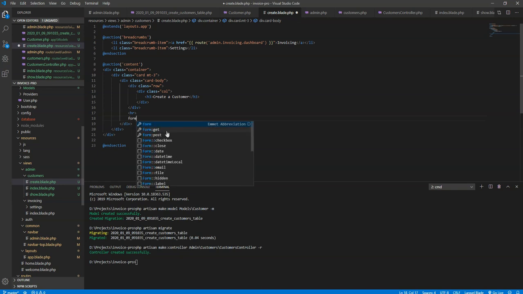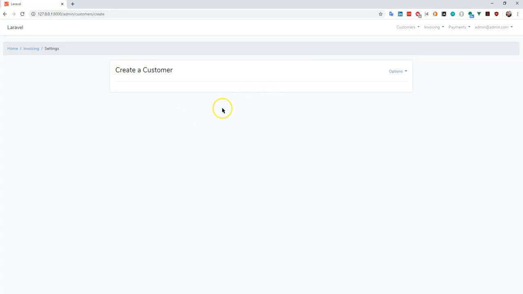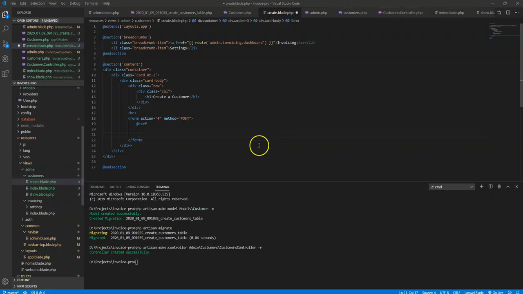So we'll do this, and then we'll give this a method of post. We'll add our token. Don't need to add a method in there or anything. And how much room are we dealing with on here? Okay. We'll test this out on a smaller screen as well. We'll see what it looks like. But for now, we could probably say,